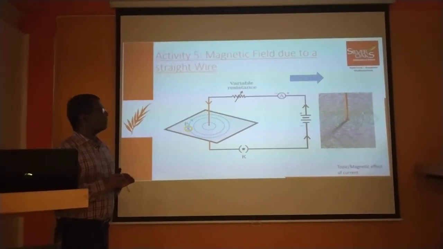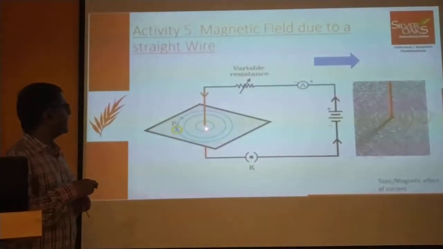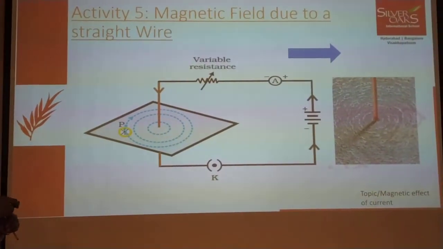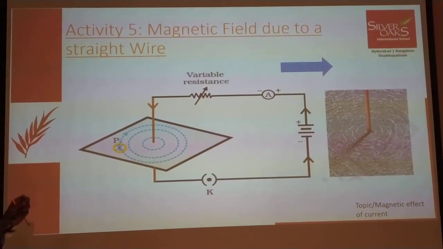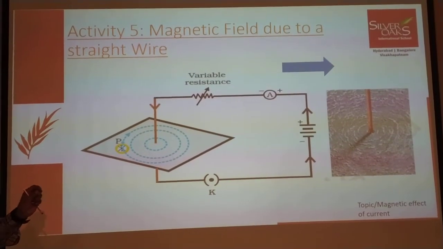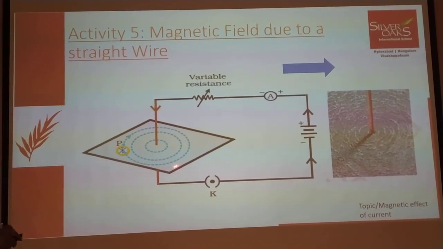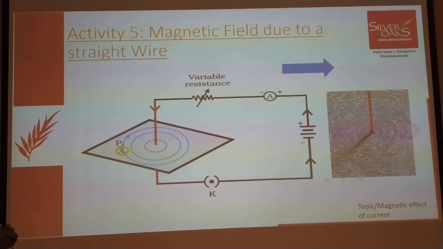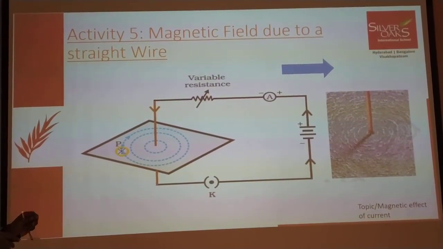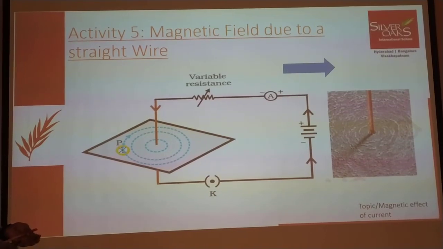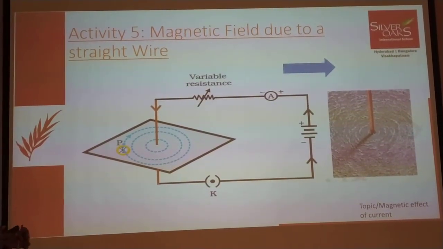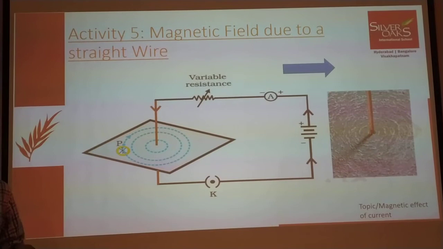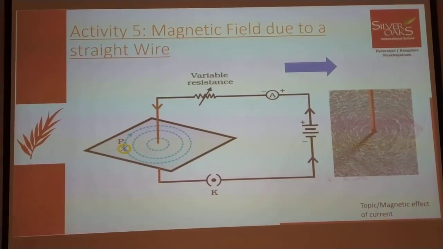So I'll take you to the virtual lab. What you will find is the magnetic field lines, which you can see through the virtual simulation of the experiment. In the virtual lab, I'll be changing the current through this wire and reversing the current, and you can see how the magnetic field lines change, whether the magnetic field strength is increasing or decreasing. All this phenomena can be easily observed in the virtual lab. So let me take you there.